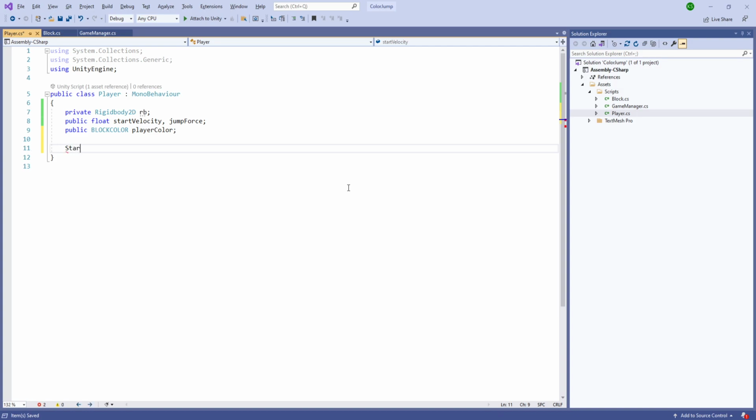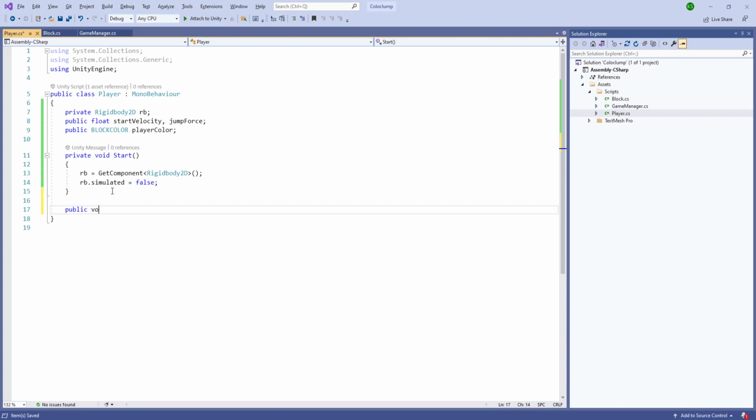And afterwards, let's have our start. Inside the start, we'll just get RB is equals to get component, and we'll get the Rigidbody2D component, and let's set RB dot simulated as equals to false. And let's create a public void GameStart function, and here we'll just say RB dot simulated is going to be true,